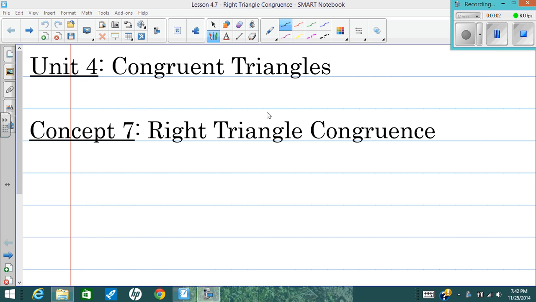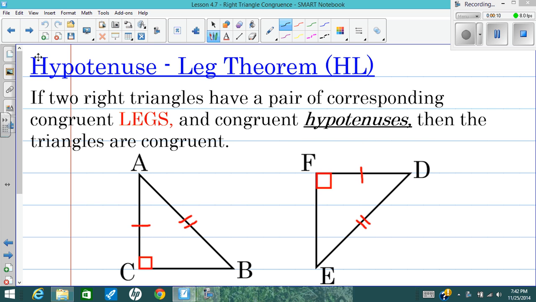Hey, all, we're here for the last topic in congruent triangles, and we're going to talk about a special case, which is when we have two right triangles. We can use all the other theorems to prove two right triangles congruent, but we also have a special case, and it's called the hypotenuse leg theorem. It simply means that if we have two right triangles and we know that one of their legs